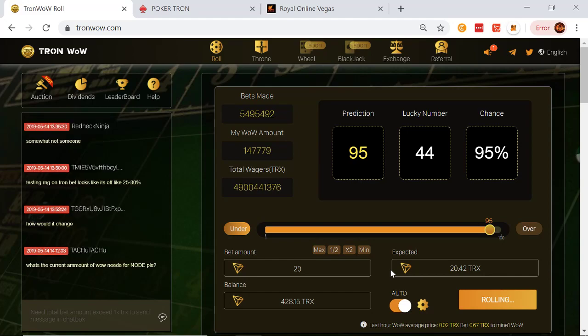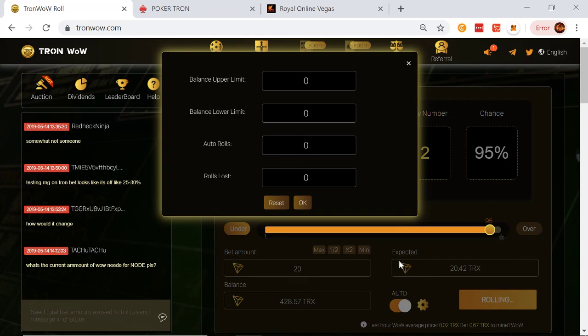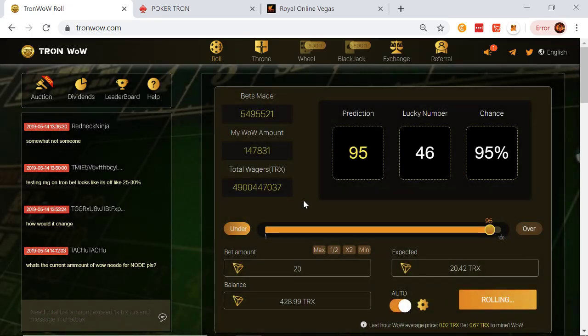How do you auto stop at one loss? What do you mean? Is there a setting for that? Oh! Rolls lost 1. Is that right? Is that what you're talking about? One roll lost. I didn't even know that was possible. Look at that. Learning in real time. Thanks, Mind of Tron. Yeah, so perfect. Now I don't have to watch it. I've been sitting here watching it the whole time.